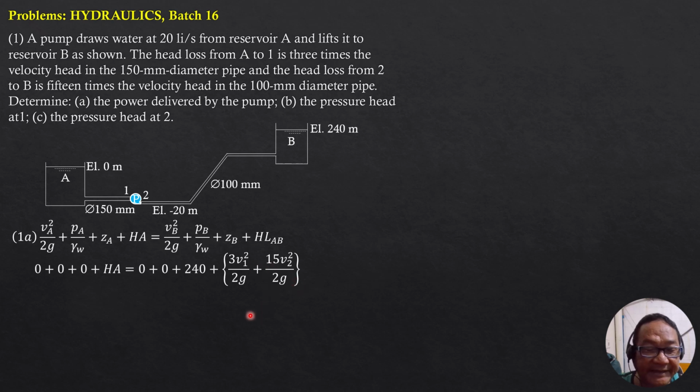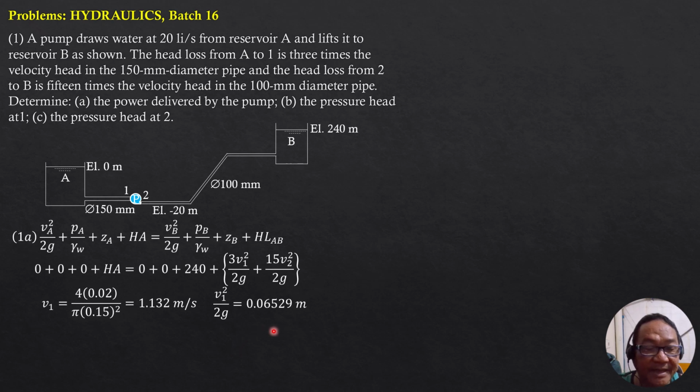Now V1 is 4 times discharge over pi diameter 1 square. So 4 times 0.02 divided by quantity pi times 0.15 square, and that is equal to 1.132 meters per second. Then we compute directly the velocity head at 1, which is V1 square over 2g, over 19.62, and that is equal to